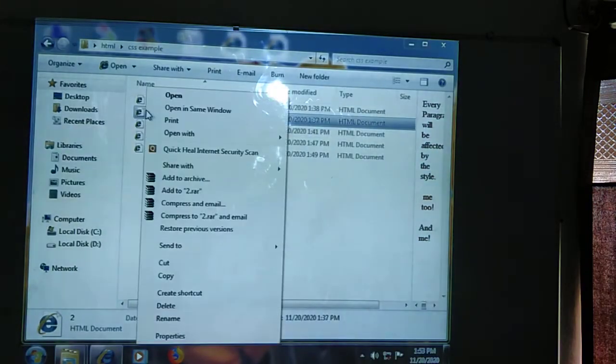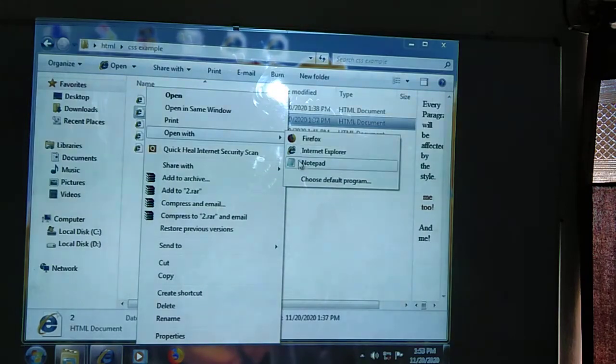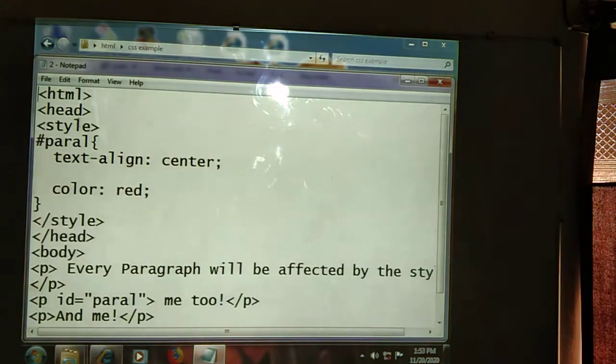Next, we can see the next program. In the second program, we declare the HTML opening tag and head section, and open the style. Then we create one ID selector. How to write the ID selector? First use the hash symbol, then the curly braces, and write the style. Which style are we going to use here? Text-align center, and the color should be displayed in red. The style will be closed and the head section closed.